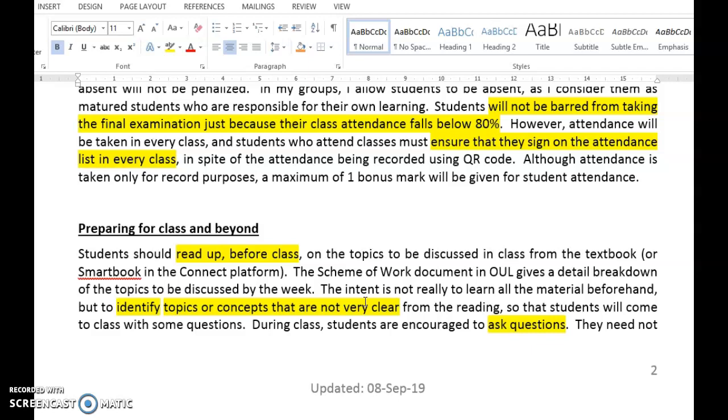And those who are more prepared will do better in the course at the end of the semester. So it's important to be prepared. Read ahead. And during class, students are encouraged to ask questions. You don't have to wait until the end